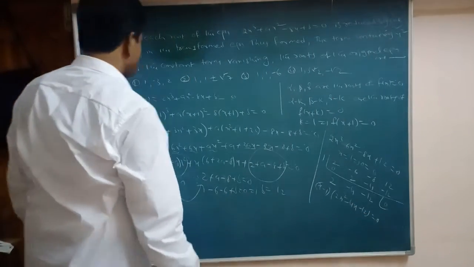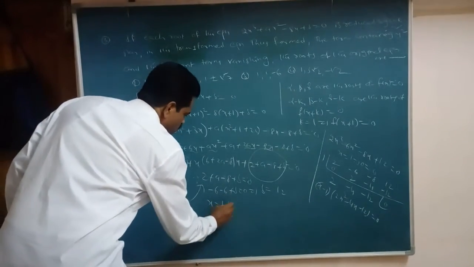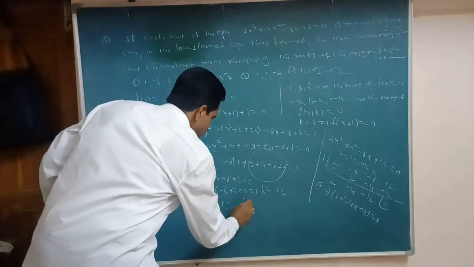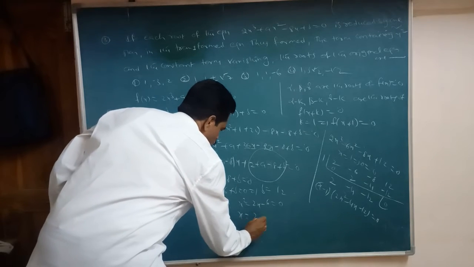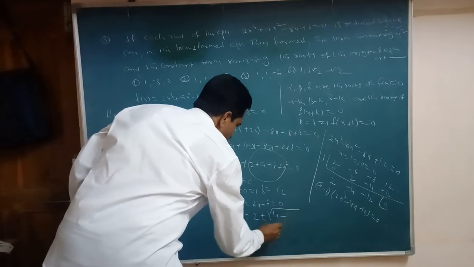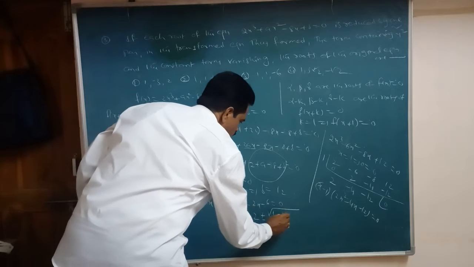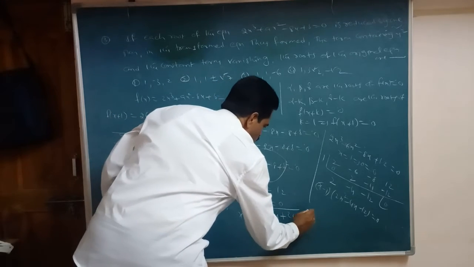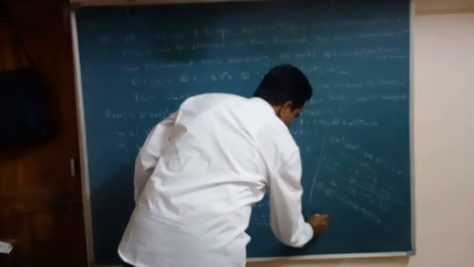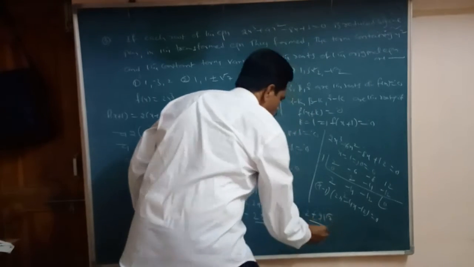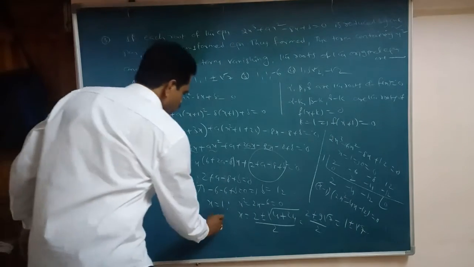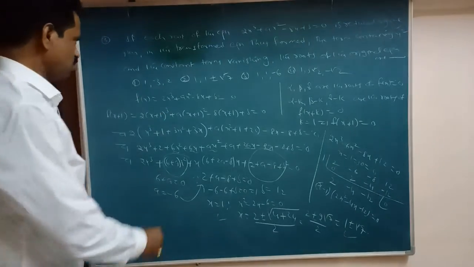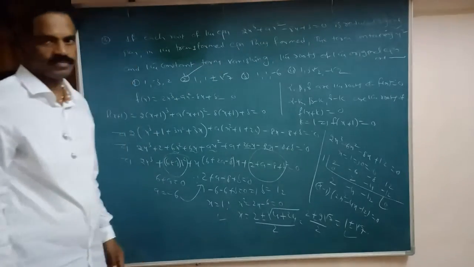So what are the roots here? One of the roots is x equals 1. Here 2 is common in this one: x square minus 2x minus 6 equals 0. Then x equals minus b plus or minus under root b square minus 4ac, that is 24, by 2. That equals 2 plus or minus root 28, and 28 we can write as 2 root 7, by 2. The 2 is common, cancel. 1 plus or minus root 7. So the roots are 1, and 1 plus or minus root 7. The roots of the original equation are 1 comma 1 plus or minus root 7.